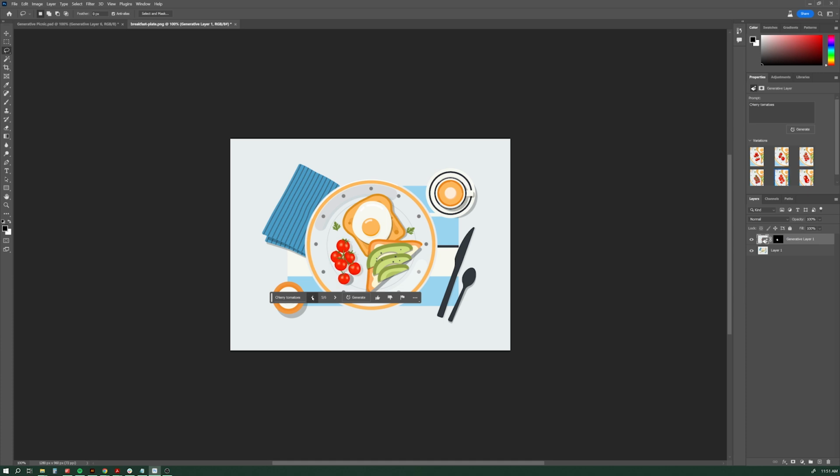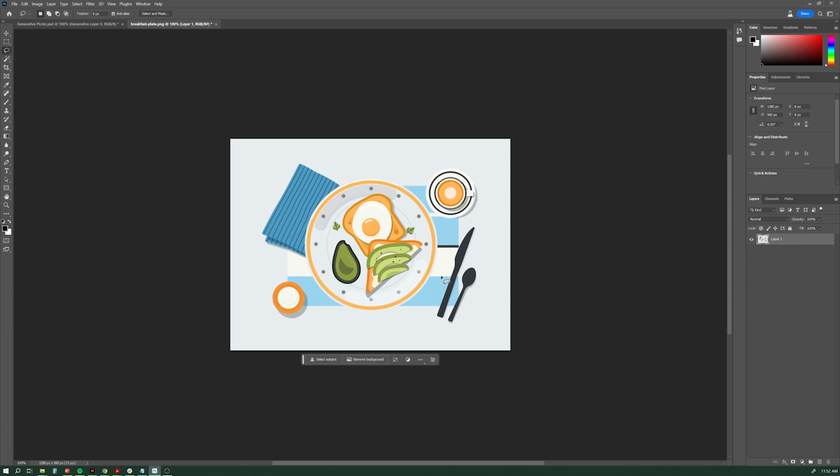So going through these, I think I'm going to stick with, ooh, this one's nice. It's got those stylized highlights. So I'm going to stick with this. I think that looks nice. I think it adds some balance to that composition. Let's say I decide I don't like the tomatoes anymore. I'm just going to go over to this layer, hit the delete key, and now I'm going to select this